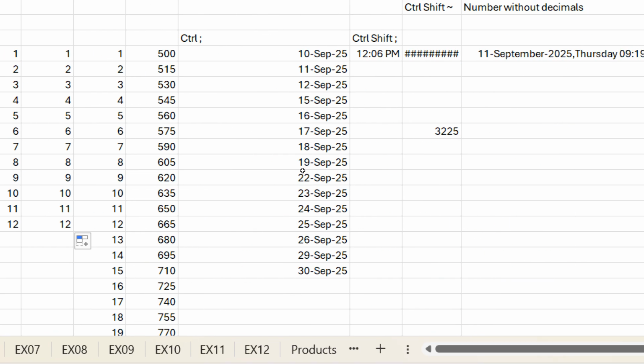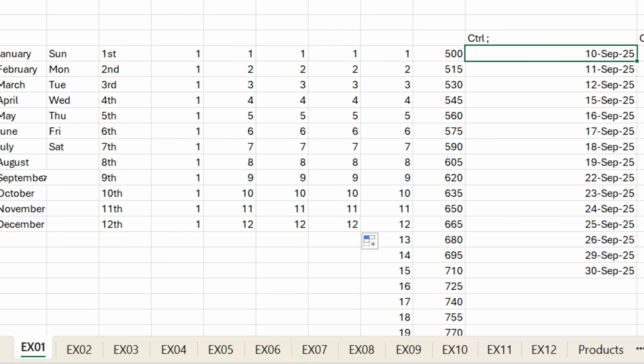But I want to change it to the date format. I think yesterday we have seen 6 shortcut keys. Control Shift 1 is used for number format with 2 decimals. 2